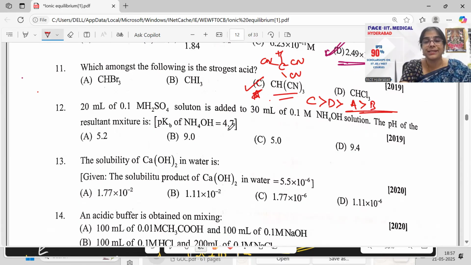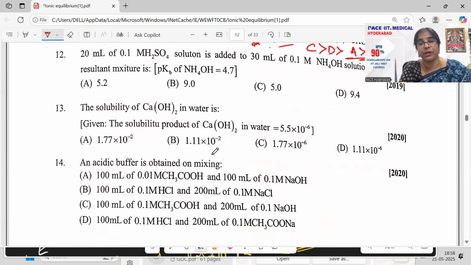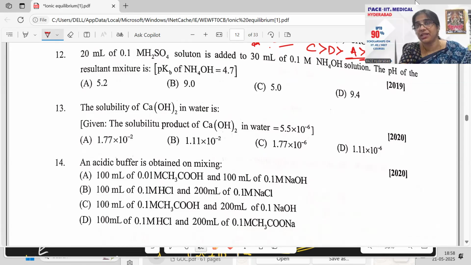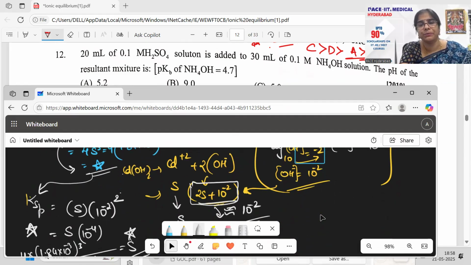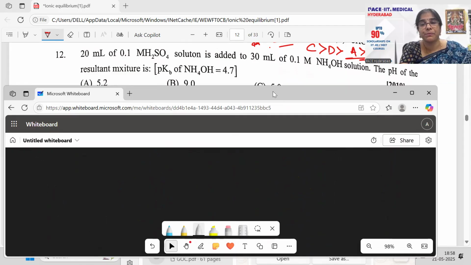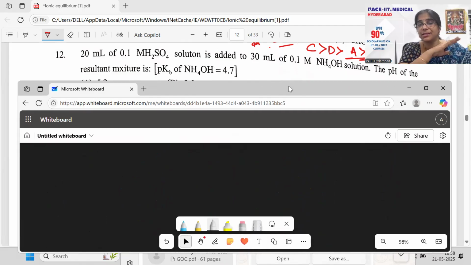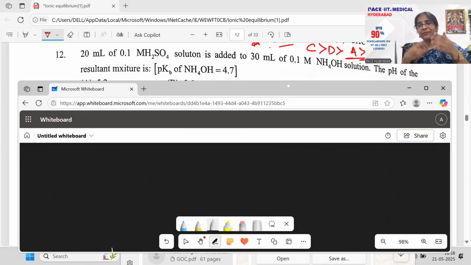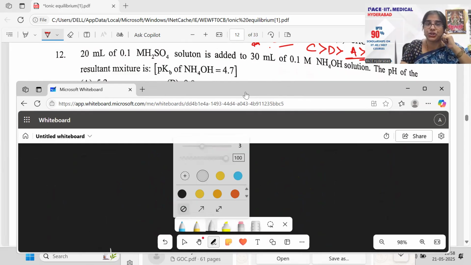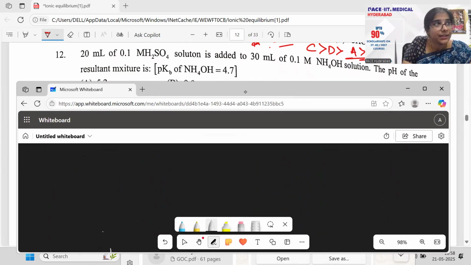Next, coming up again, a reaction oriented question. Whenever I get a reaction oriented question, I feel very happy, because you need to bring all these mole concepts, everything together. That is the most important thing of your physical chemistry. Physical chemistry is about your numericals, and if you just see a formula and put values, the answer will not come, because you're not dividing them into cases, you're not understanding the cases, right? So please go through every reaction oriented question with utmost clarity. All right, now